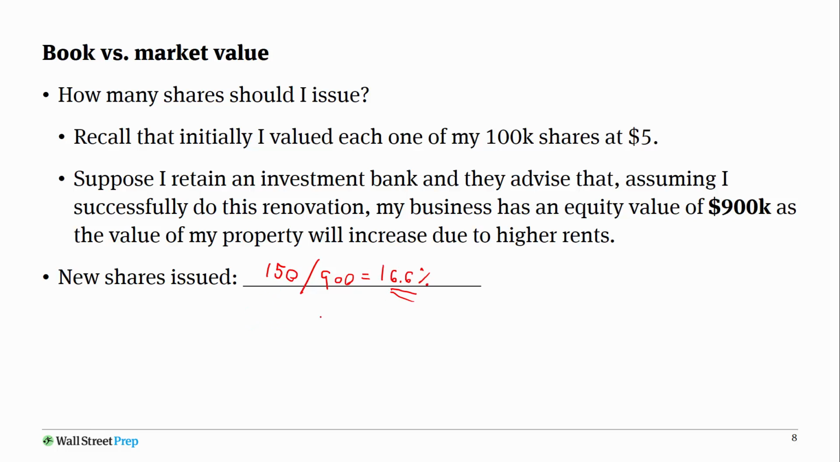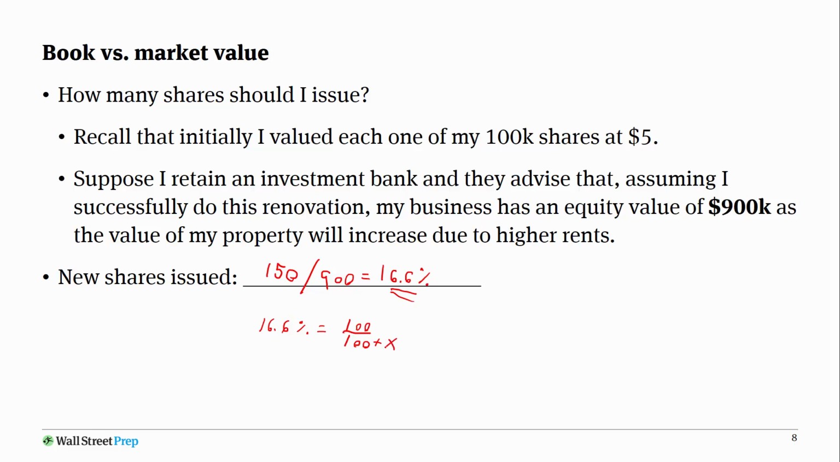Okay, so how do we actually solve for how many shares that represents? Well, that becomes a simple algebra problem where 16.6% equals, knowing that we currently have 100,000 shares outstanding. Remember, we started with 90,000, we issued another 10 for ourselves. We have 100,000 shares outstanding, and we have a base of 100